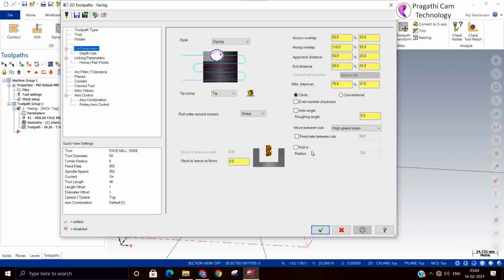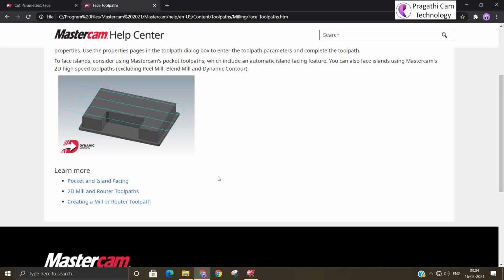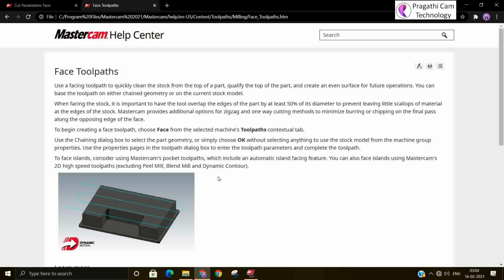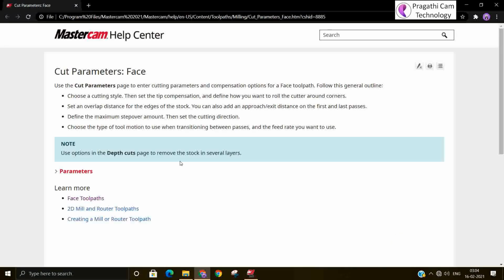If you want to see what the rolling radius is, this will go to parameters.